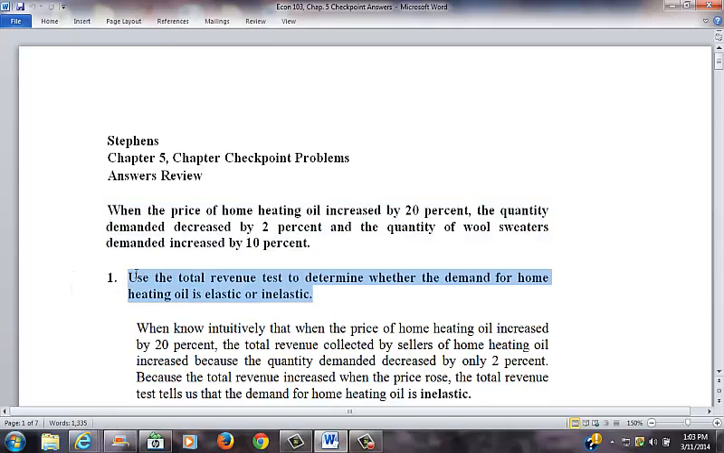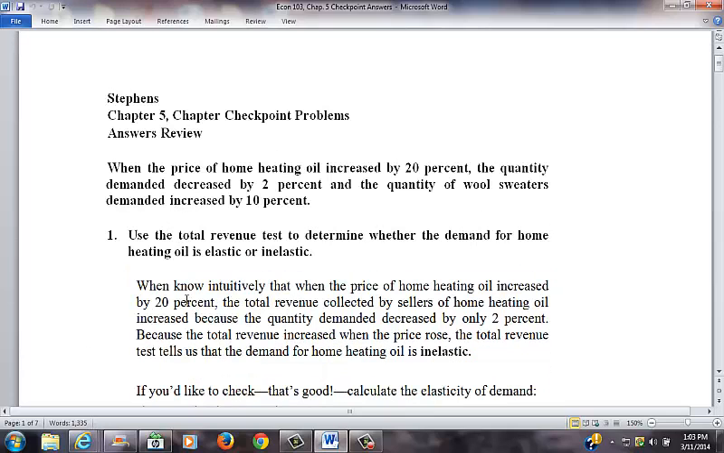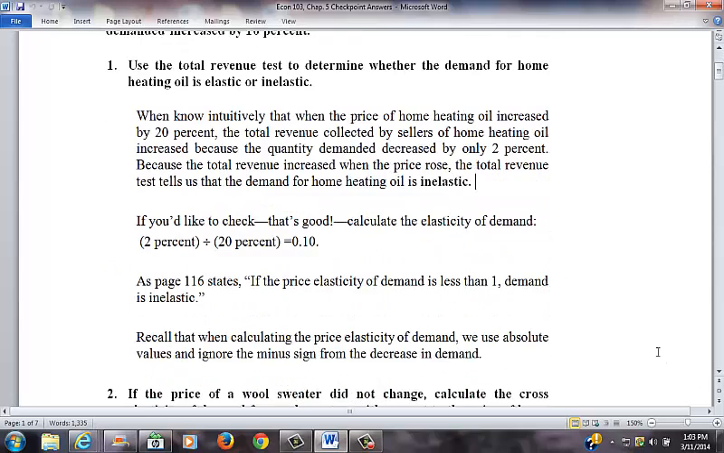The first question asks, use the total revenue test to determine whether the demand for home heating oil is elastic or inelastic. You know intuitively that when the price of home heating oil increased by 20%, the total revenue collected by sellers of home heating oil increased because the quantity demanded decreased by only 2%. Because the total revenue increased when the price rose, the total revenue test tells us that the demand for home heating oil is inelastic. But if you want to check, which I always like, calculate the elasticity of